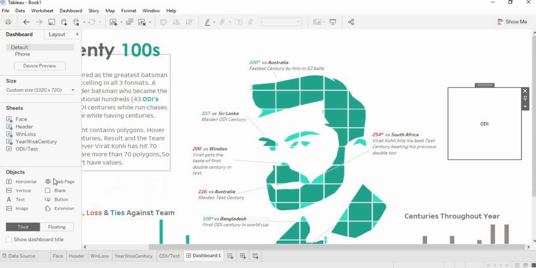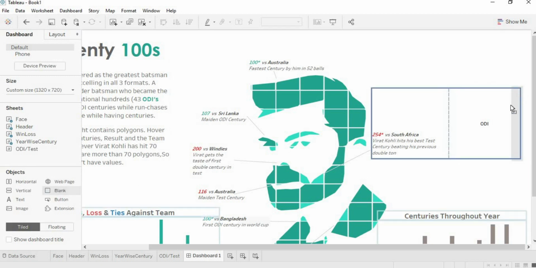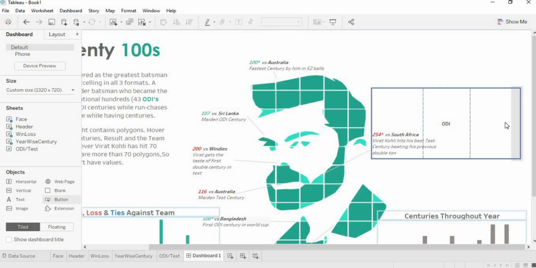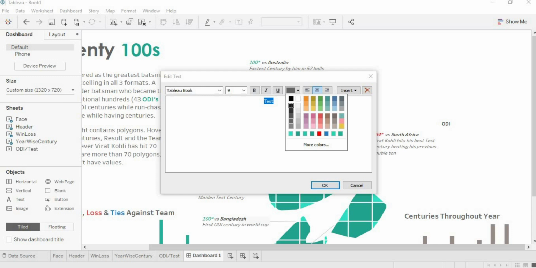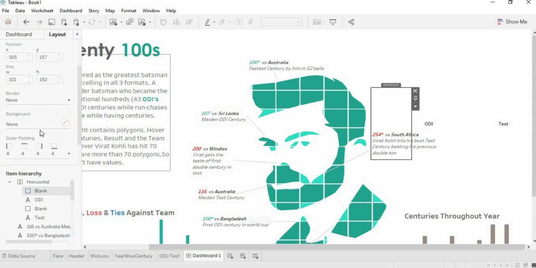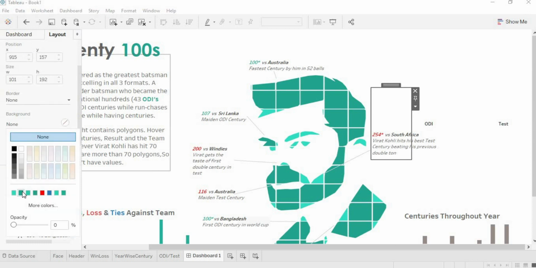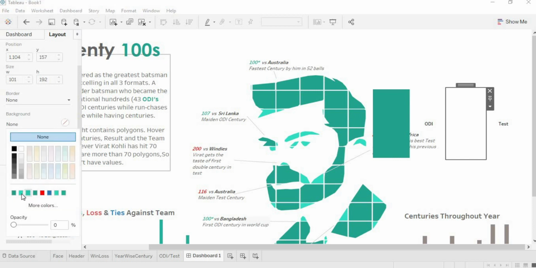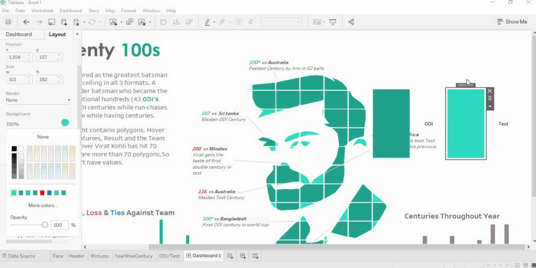Again add a blank and add text. This represents test match, center, black and bold, okay. The first represents the ODI color, that is the darker green, and the second represents the test color, which is the lighter green.